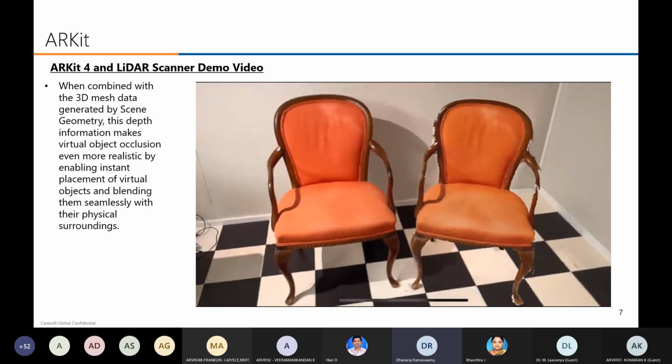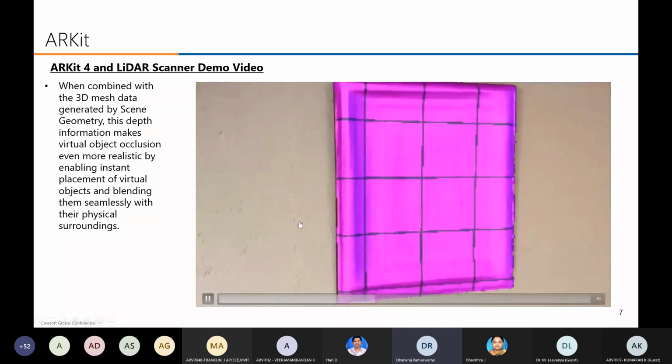This is just new technology. Even though it's a new technology, they have almost matched the features. Maybe in a couple of years they may improve the SDK. It will scan, for example, yourself. You can scan yourself. You can get the 3D model of yourself. Hope it is very interesting.